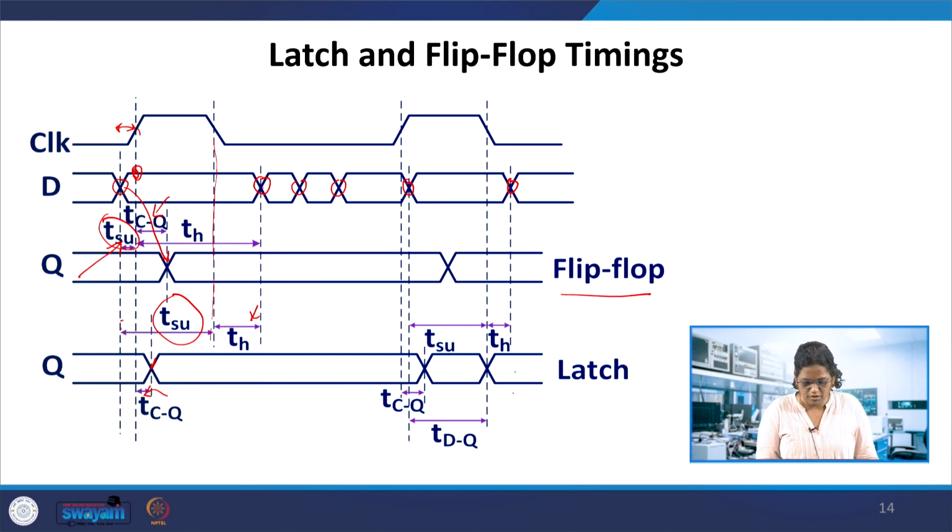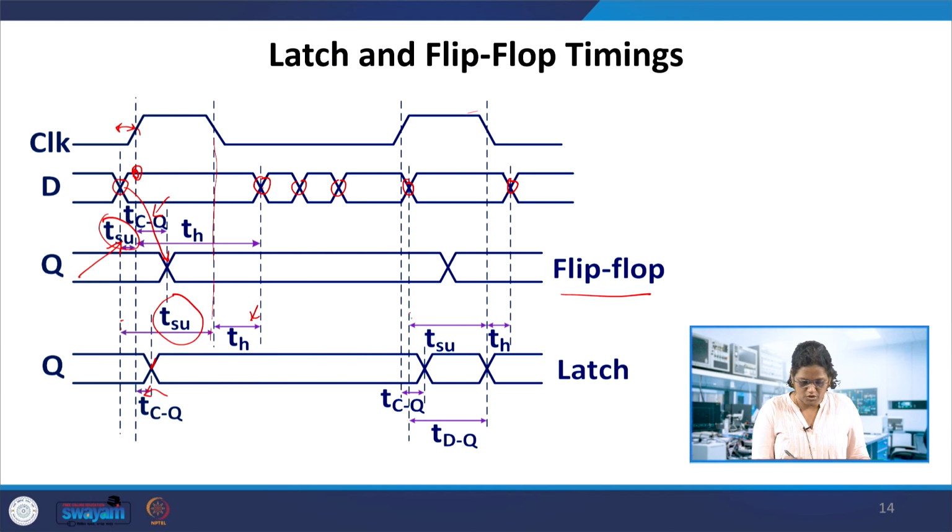This can also be seen over here, which involves D to Q and C to Q also. Here the clock change is observed, and it's clock to Q. Suppose data changes in between, after the clock edge has become 1. That can be reflected, but it has nothing to do with the flip flop, because it will be sampled at the next passage of the clock. Whereas with latches, if there is any change while the level equals 1, then that would be reflected.